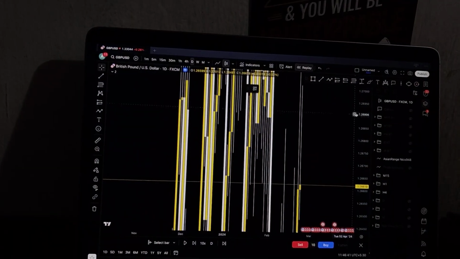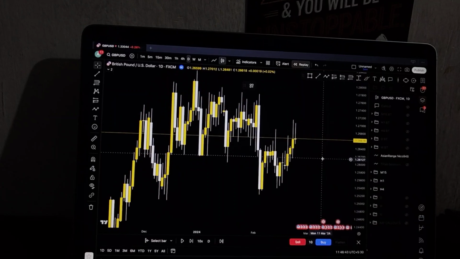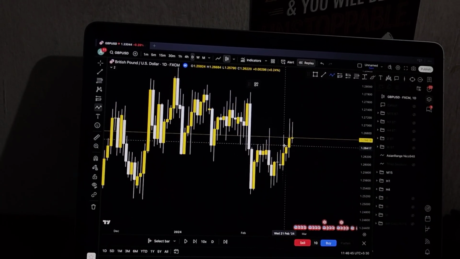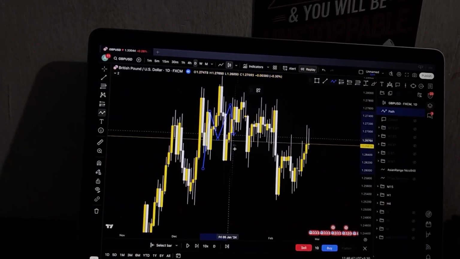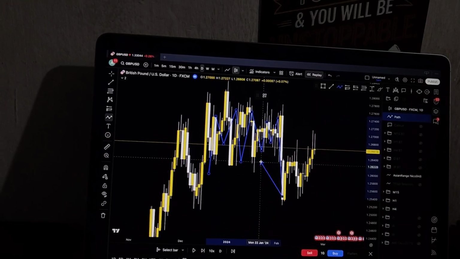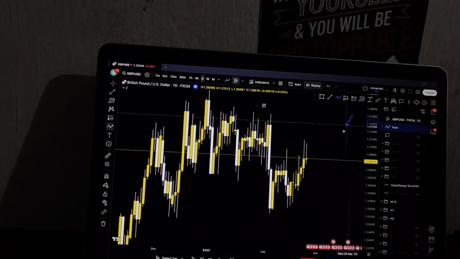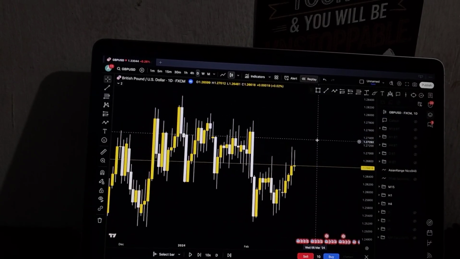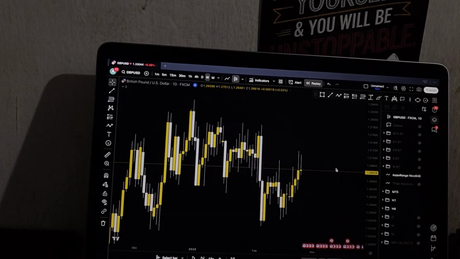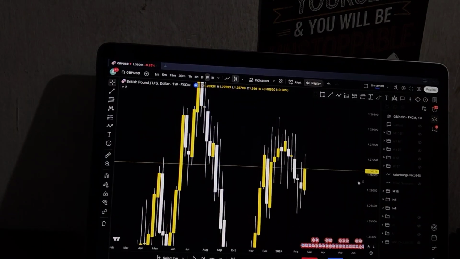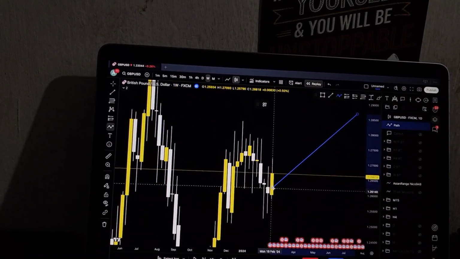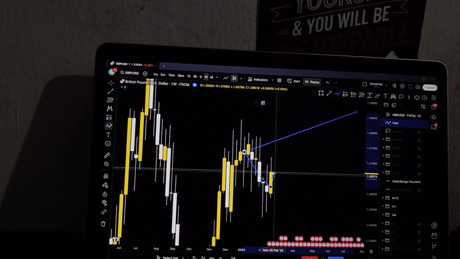This was the weekly breakdown. After many days, finally the market has started doing something. This was nothing. There was nothing here, but now the market is literally trending to the upside. Not one of the cleanest, but it has improved a lot. And now going on the weekly, how this candle closed was much better than all of this, right? It was a good bullish candle.